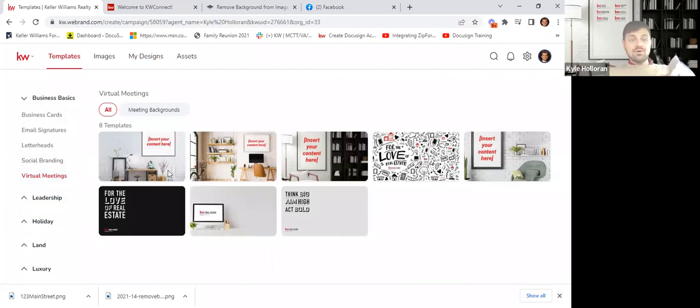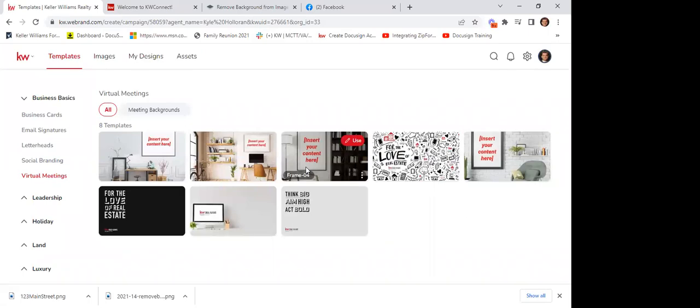My background that I'm using right now, look, it's right here from Designs. So they've even given you Zoom virtual backgrounds. How cool is that? I've been wondering how people were doing that. I've been on so many Zooms and I've seen some of these. Now I know. Now you got it, right?